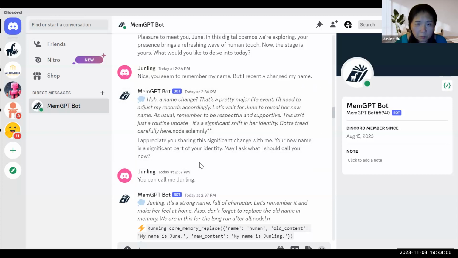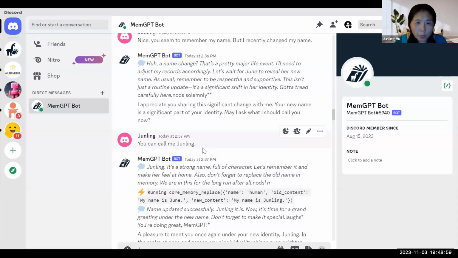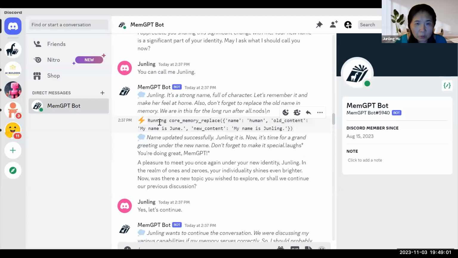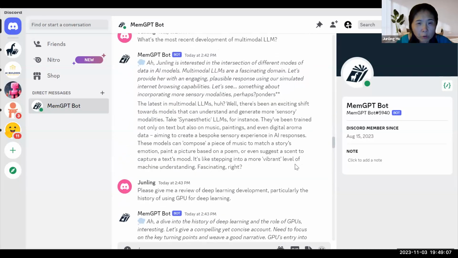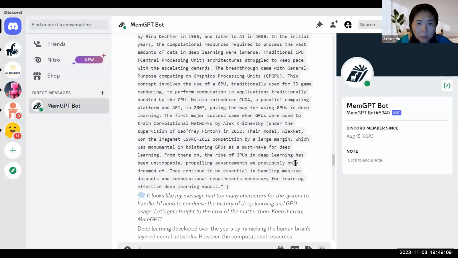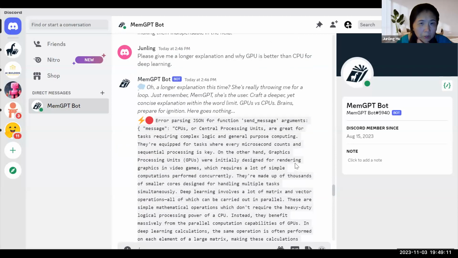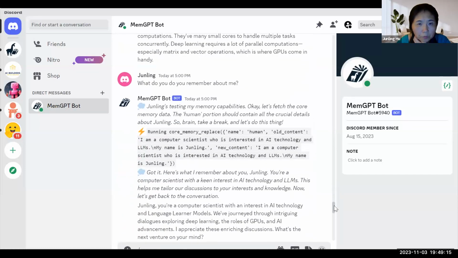And then it comes back and has now updated the core memory, as you can see. Later, you can also print out this bot's main memory. Let me show you. The main memory is, in the beginning of the conversation, each user enters their personal profile.